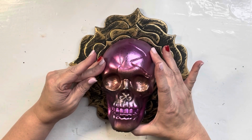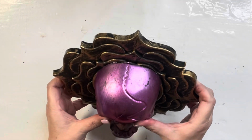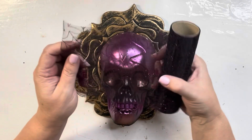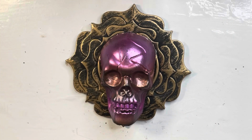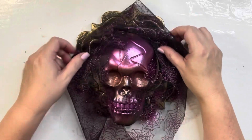Using hot glue, I'm just gluing that skull down to that mirror. I loved the gold and black and the shape of that mirror, and I absolutely love the color of that skull. Now using this spiderweb mesh in purple, also from Dollar Tree, all I'm going to do is wrap it